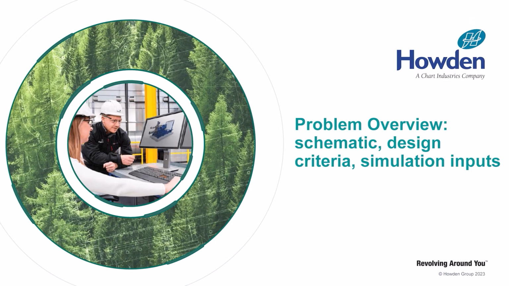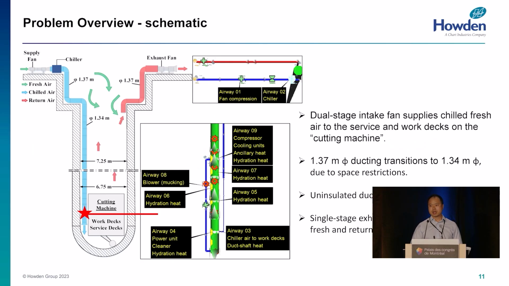So now I'll go over the problem. What we have on this slide is a schematic of the model. On the intake side, we have a dual stage intake fan, which supplies untreated fresh air through a chiller down a long duct column. The duct column begins at 1.37 meters in diameter, and then it narrows slightly as it arrives at the cutting